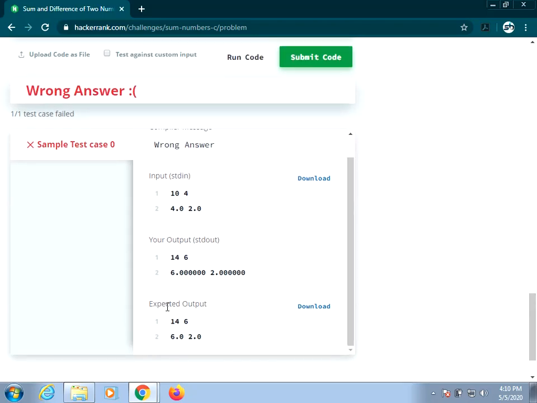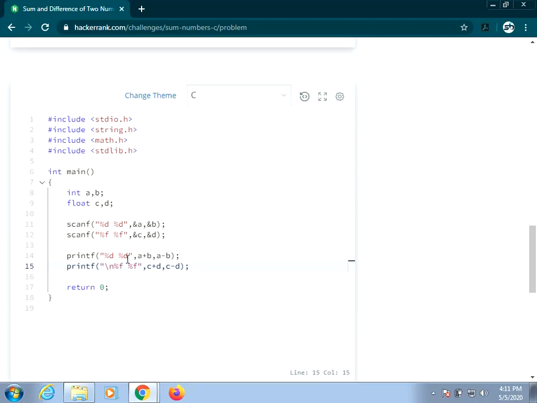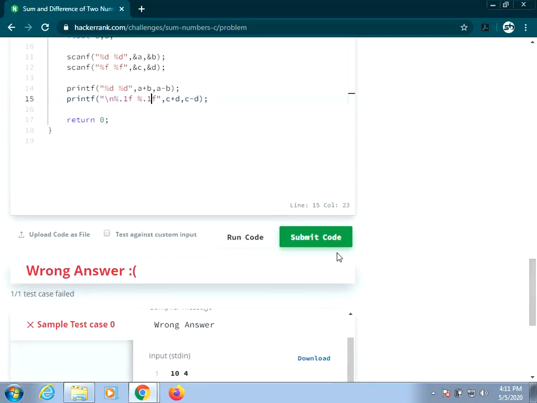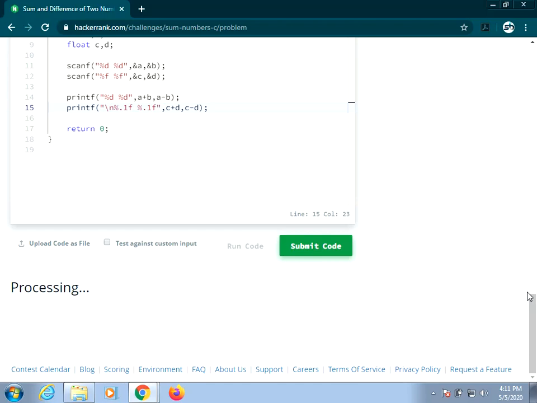Now if you check the expected output and your output, the expected output is 14.6, that is, addition of integers is okay. When you go to the output of your floating point values, we have expected output as 6.0, but your output is 6 point so many zeros. So you have to round it off to one decimal value. To round it off to one decimal value, you have to use %0.1f, that is, after the decimal point you need to have only one number.